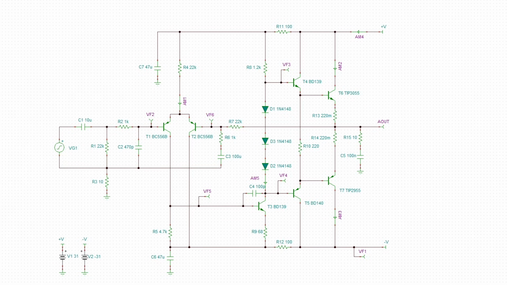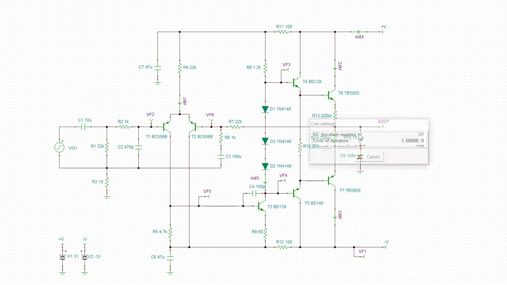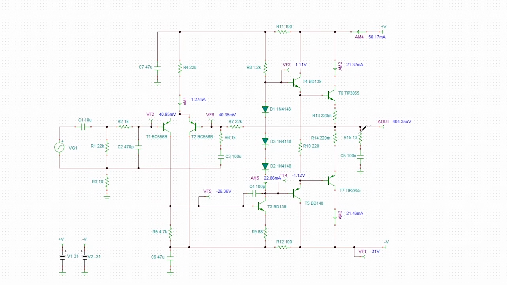And I'm just going to run the analysis of the DC side so we can see what we get for current draws and voltages, etc. So I've got an amp meter in series with the positive voltage rail, and as we can see, we should see around 50 odd milliamps here. But the problem with that is,